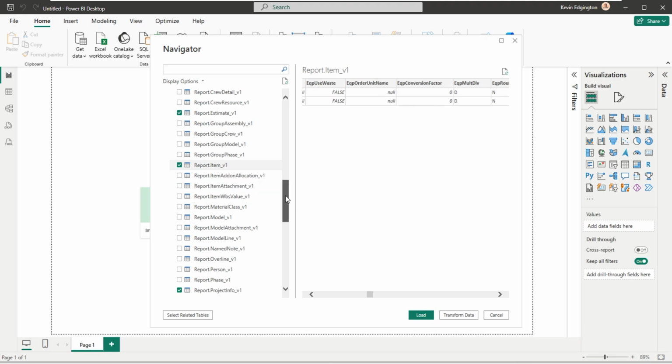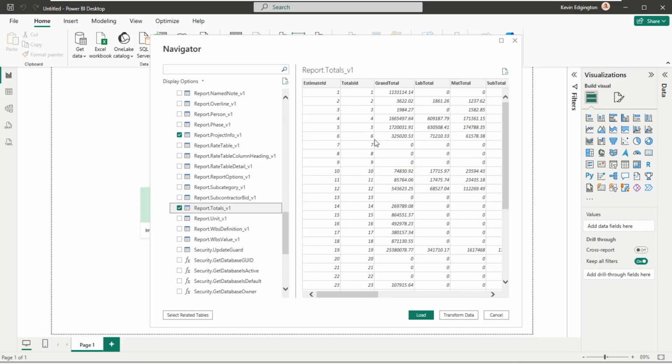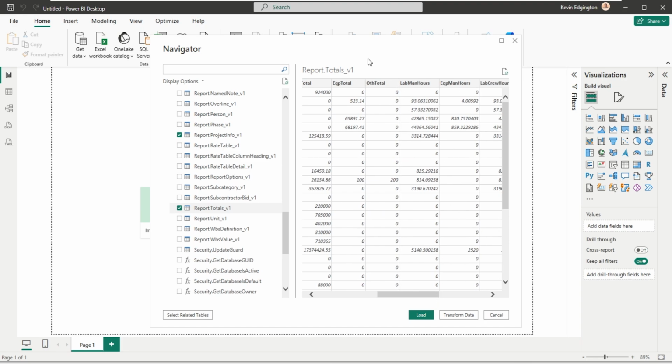Depending on what I'm doing, another very common table that I might want to work with is this estimate totals, report totals. This is one of the special tables that's not in the typical data set. If I'm just going natively to the estimate instance, the estimate total and grand totals for labor, material, and how much dollars worth of hours, and just kind of a summary.